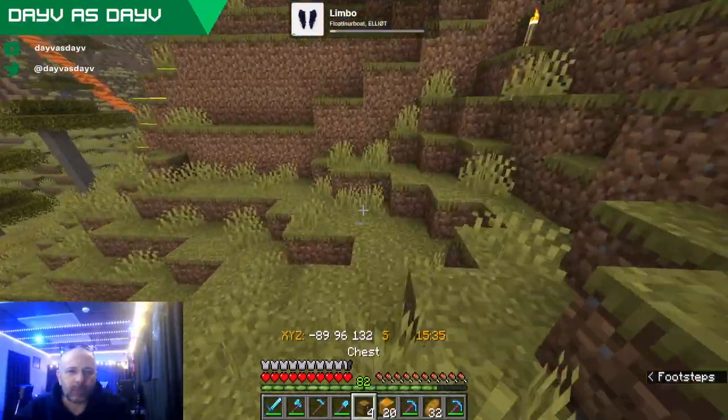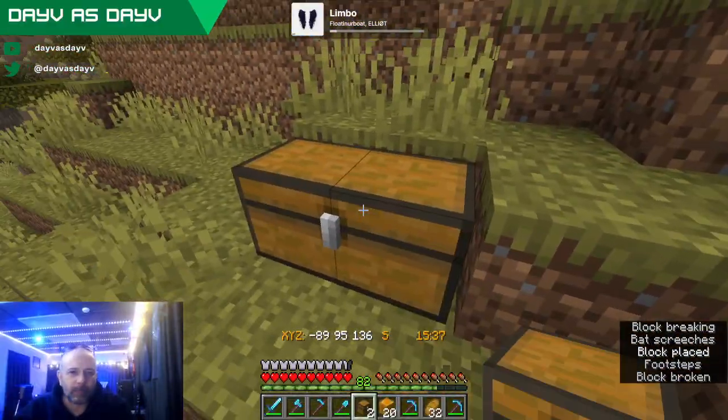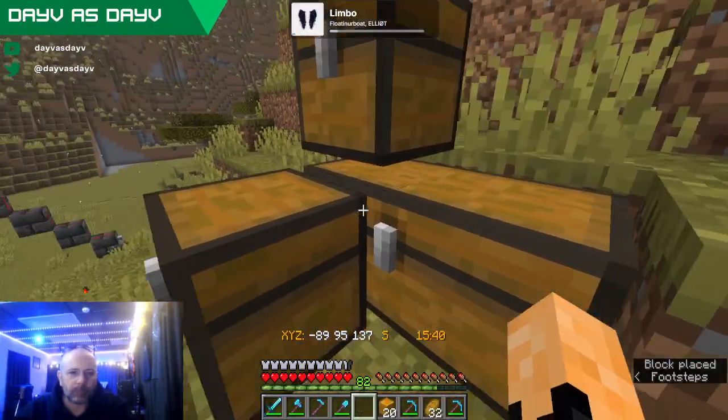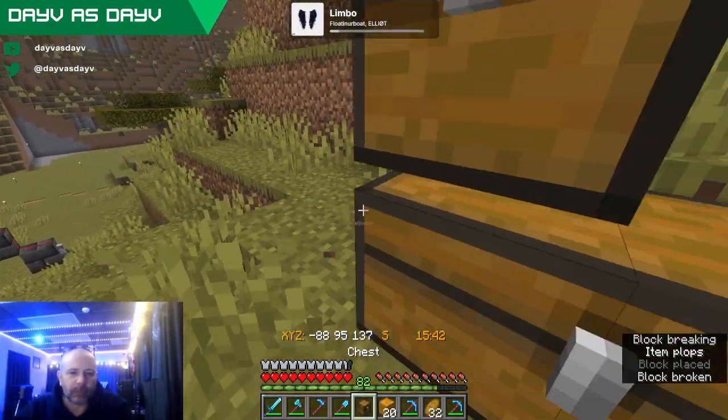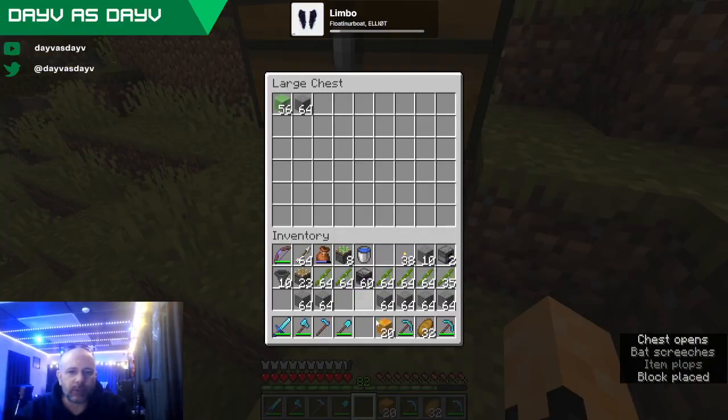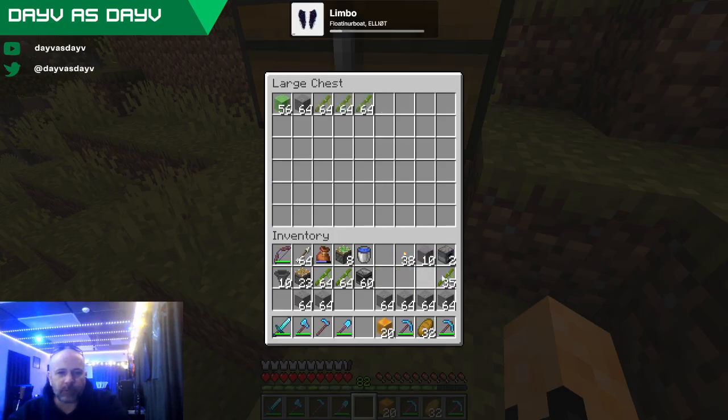Let's come down here. We're going to put our chest down. Nah, wanted it up there. Let's go ahead and throw the... I don't think I need both of them. I think we're just going to go with slime. Let's go ahead and throw the bamboo that we have, all that. We're going to eventually need these. I'm sure lots of furnaces.